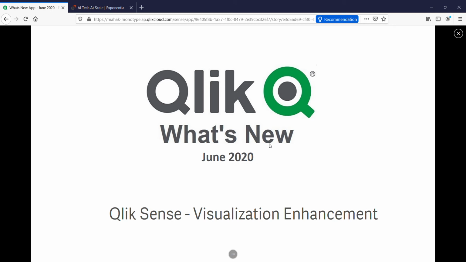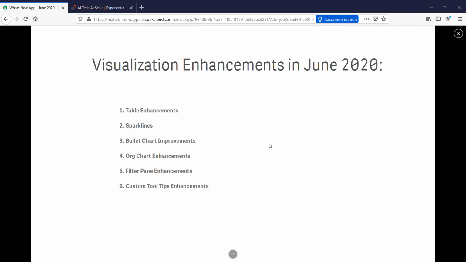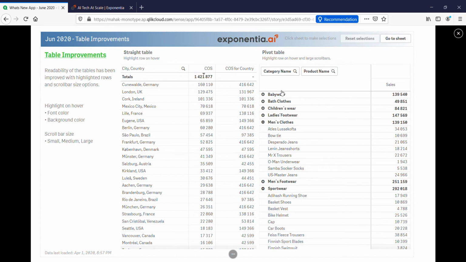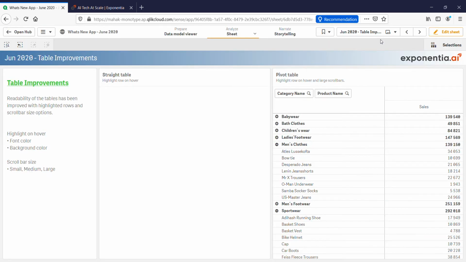And welcome to today's session on the visualization enhancements available in the Qlik Sense June 2020 release. Today we'll be discussing the table enhancements, sparklines, bullet chart improvements, org chart enhancements, filter pane enhancements, and custom tooltips enhancements. Moving on to the table enhancements, we see that these enhancements are now available in the straight table